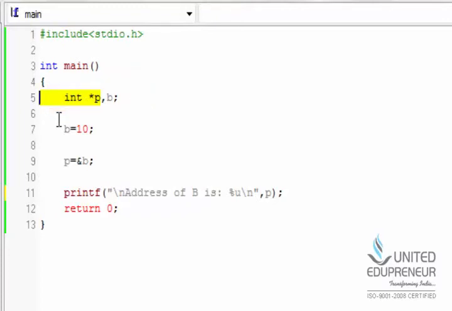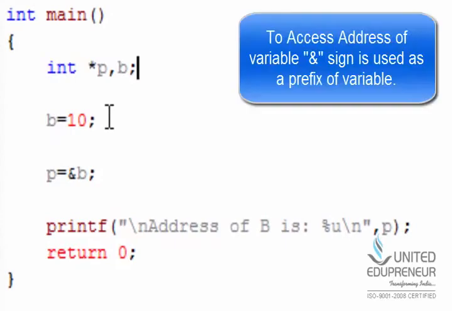At the same time, you can also declare another variable of normal type using a comma. Now I have also declared a variable b and 10 is assigned to that b variable. Now I want to store the address of b in this p pointer type variable. To access the address of any variable, we have to use the ampersand sign.